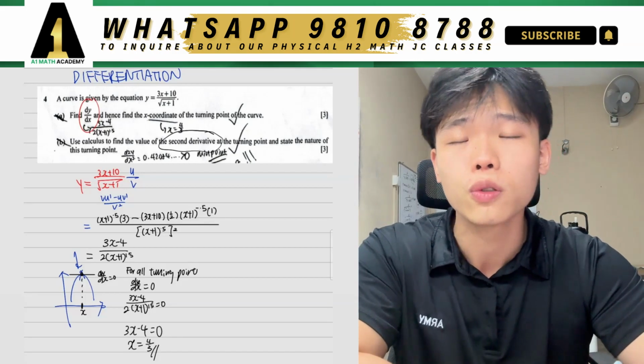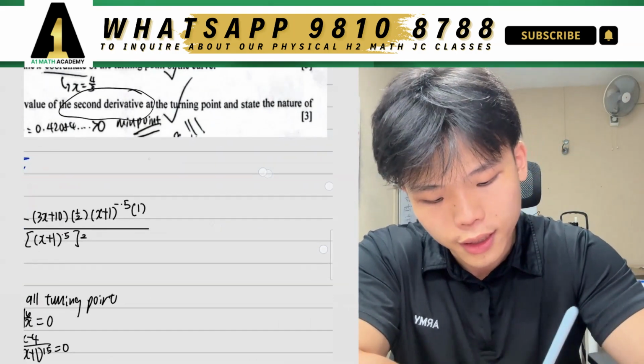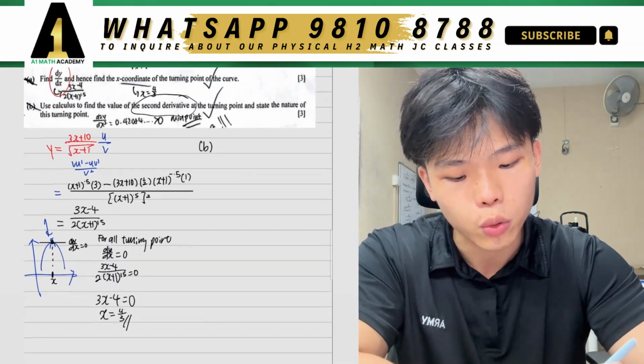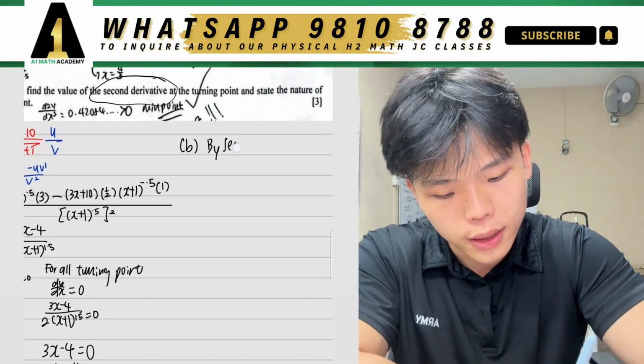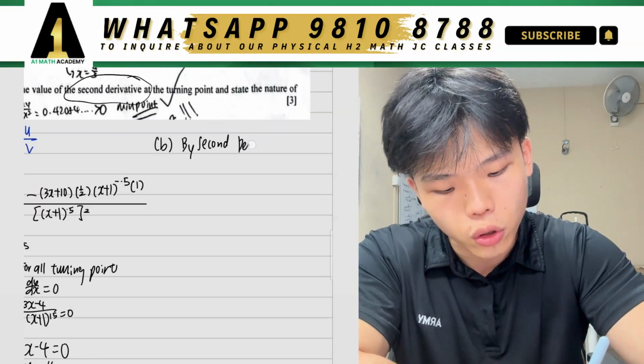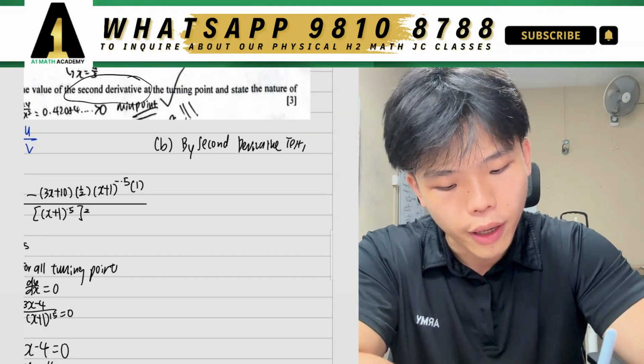Which means you can't use the first derivative test. So for the second part, it's very straightforward. You just need to differentiate it one more time. So we can just say that by our second derivative test, all we need to do